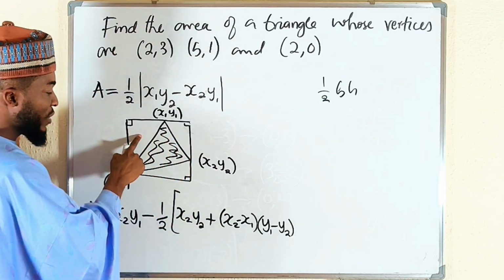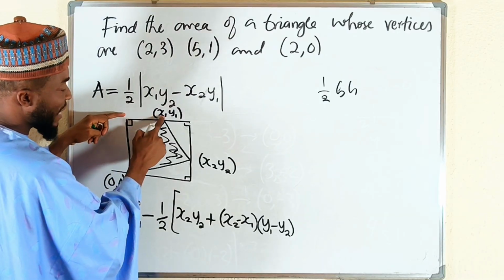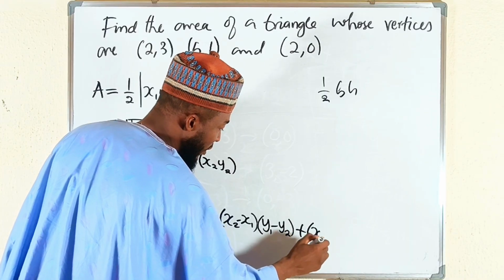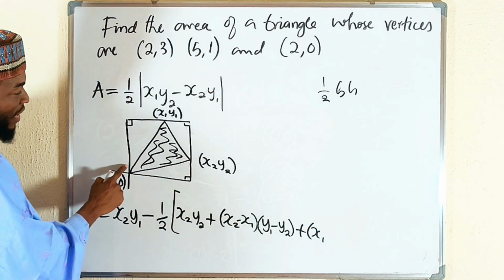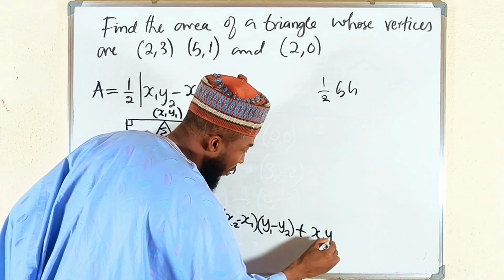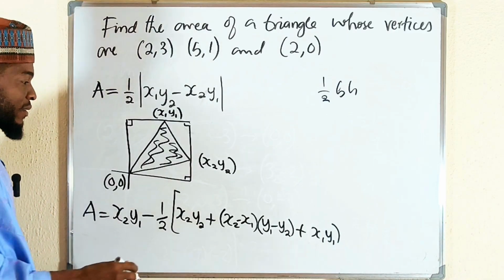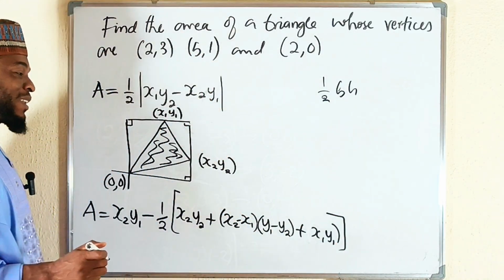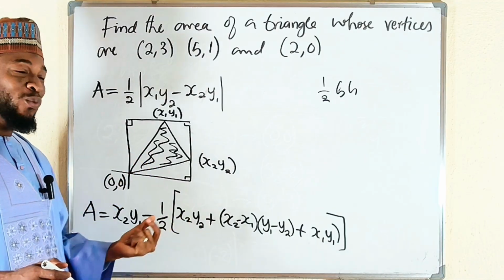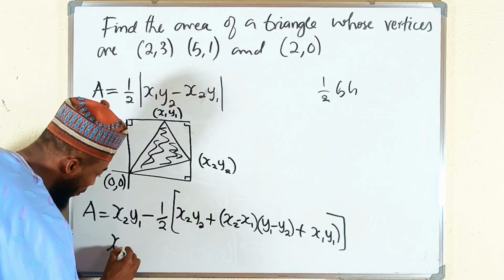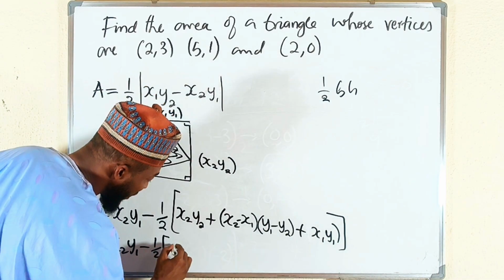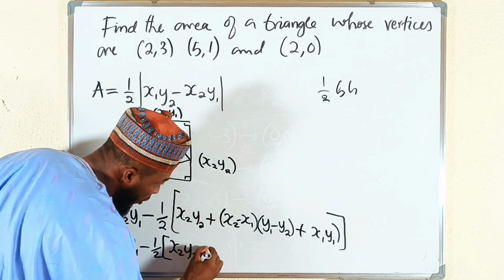Second triangle, which is this one. Then we still have this. From here to here is just x1. You can see that. Plus x1 multiplied by what? The height will be y1. Let me even remove the bracket here. All right. This is why I told you that if I should use x1, y1, x1, y2, y3, my board will not be sufficient. So this is x2, y1 minus 1 over 2 times x2, y2 plus the expansion of